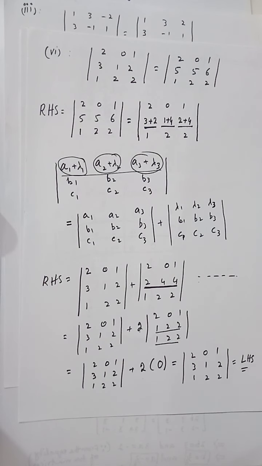And this is the need of the question, that you don't need to evaluate, you don't need to expand the determinant by minor and cofactor methods, but you need to give the reason. You need to prove why left hand side is equal to right hand side. You need to give a reason for the equality. So this is question number 2 of exercise 2.2. I explained this in detail. Thank you.